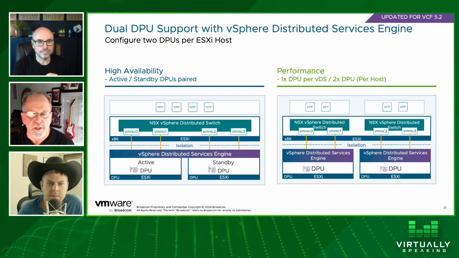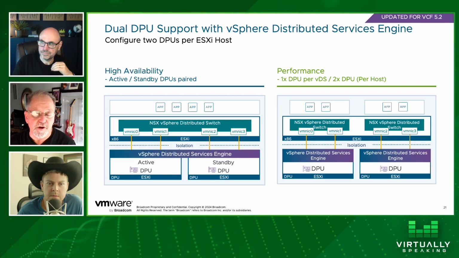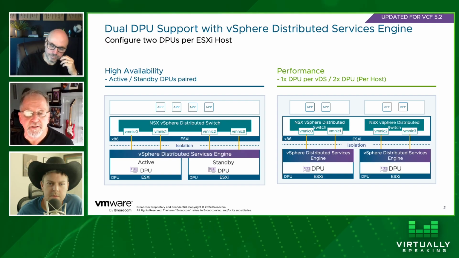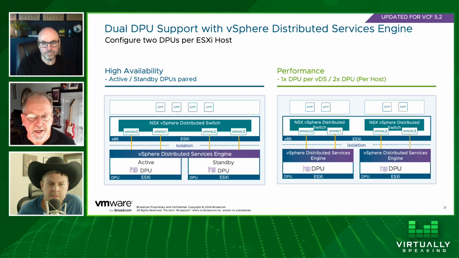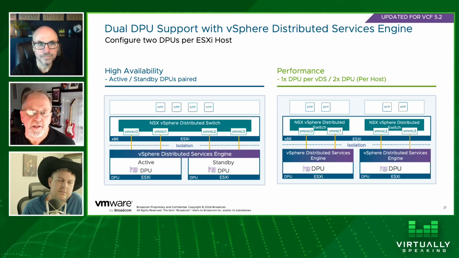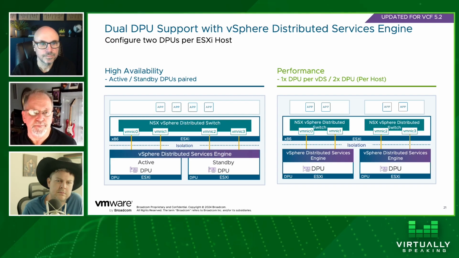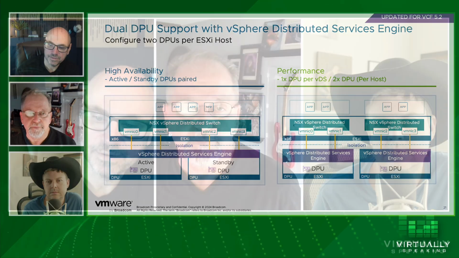So it really gives you the flexibility to configure it for HA, where I want that active standby failover, or I can now run it active, where I'm actually flooding both of those paths as a way to get better performance. Yeah, to me, I love the idea of having both of those.